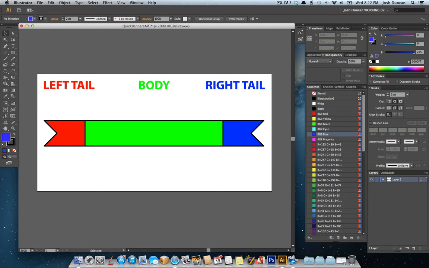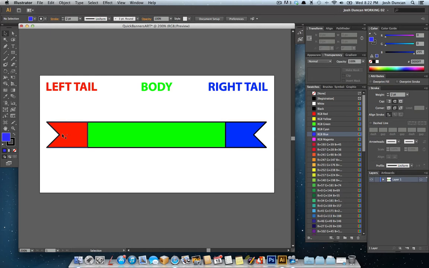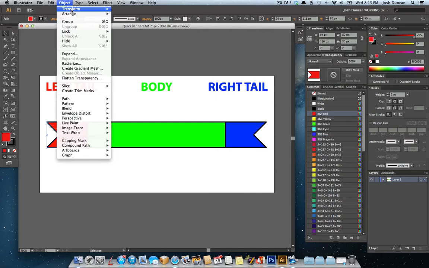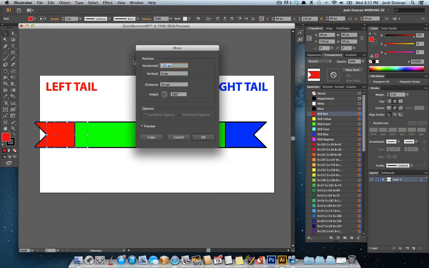Next thing we're going to do is adjust our banners up and down. You can do both up, both down, one up, one down. Plenty of different ways. But for this purpose and to match the tutorial, we're going to move this one up. So we'll go Object, Transform, and Move. You're going to be nothing on the horizontal, and you're going to be -10